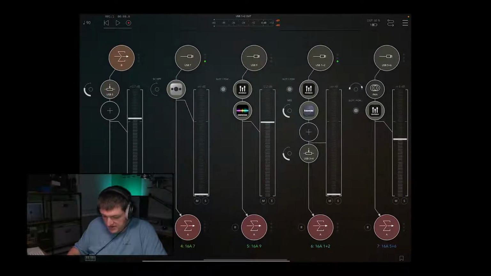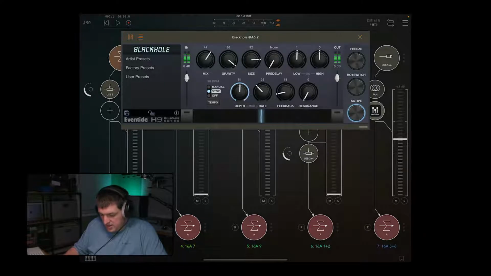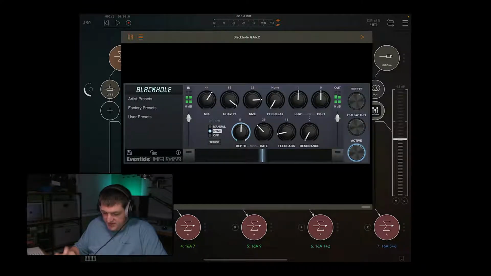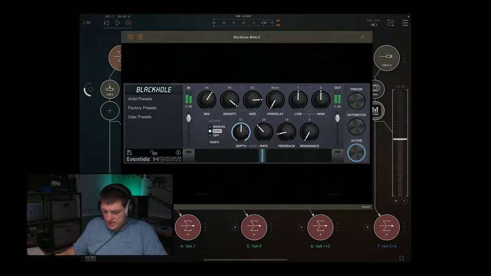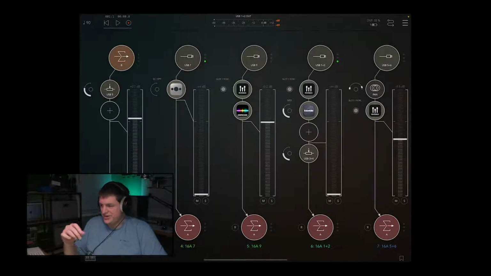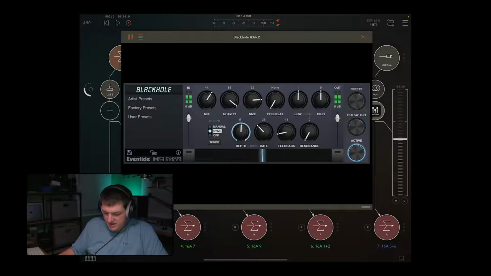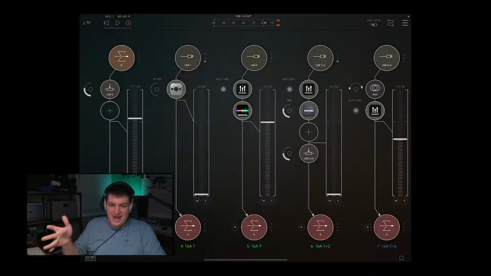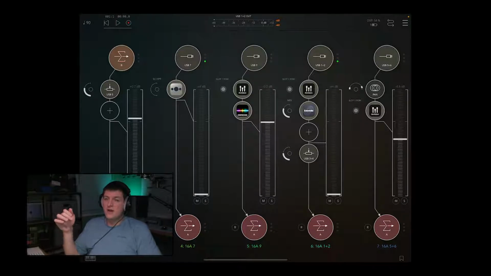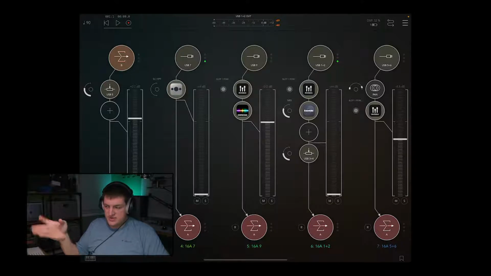What else to talk about? So the Eventide series is really cool. There's a whole bunch of reverb, chorus effects, etc. This is the same people that make all of the proper VST plugins. I think they make hardware effects as well, though I probably don't have the budget for those. Really powerful stuff, and it's in an app, and apps are actually pretty affordable. Even if, for an app, they are expensive. I think if you're used to iPhone or iPad apps costing like free to $2, these are going to be more, honestly. Like I said, AUM is a $20 app, which sounds like a lot for an app, but if you